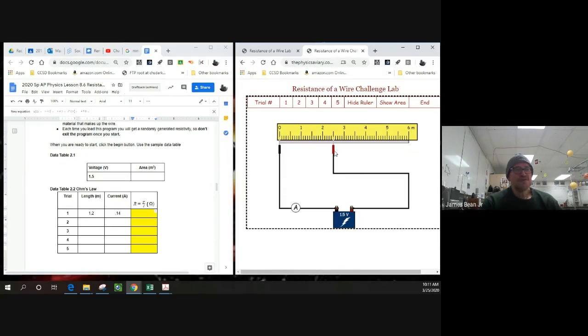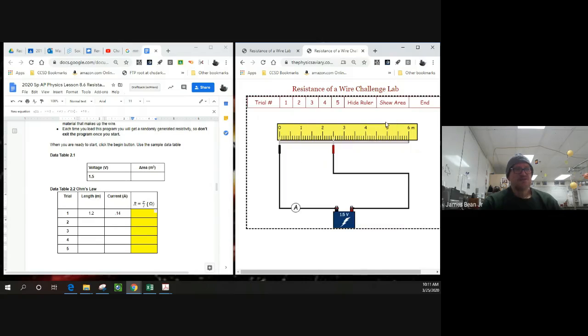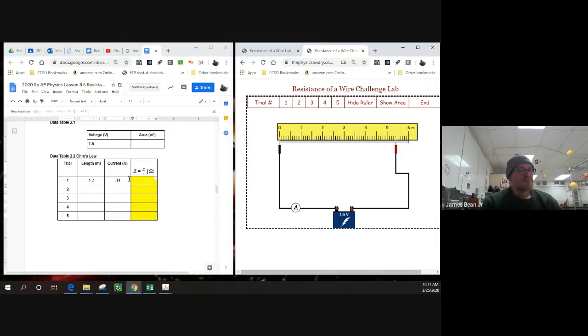Trial 2 is a new length and a new current. So I'll go ahead and record those here and here and calculate the new resistance here. And I will go to trial 3, repeat it for trial 3, trial 4, and finally trial 5. So once I complete this table here,